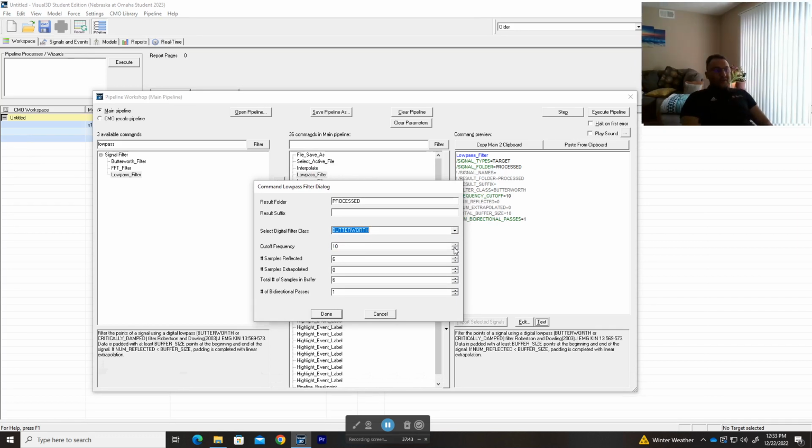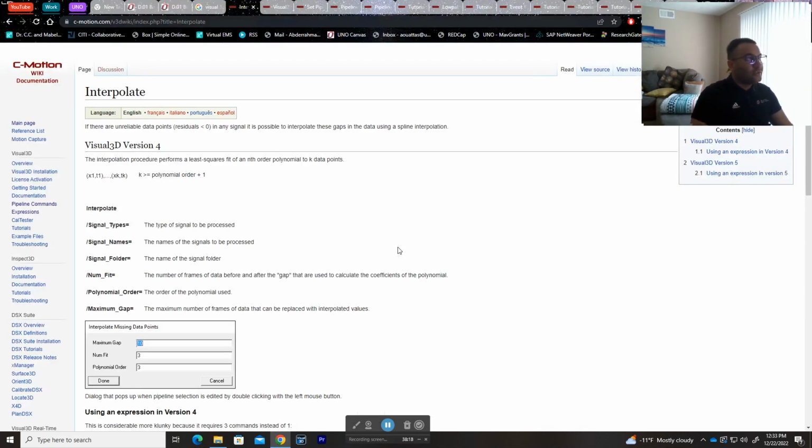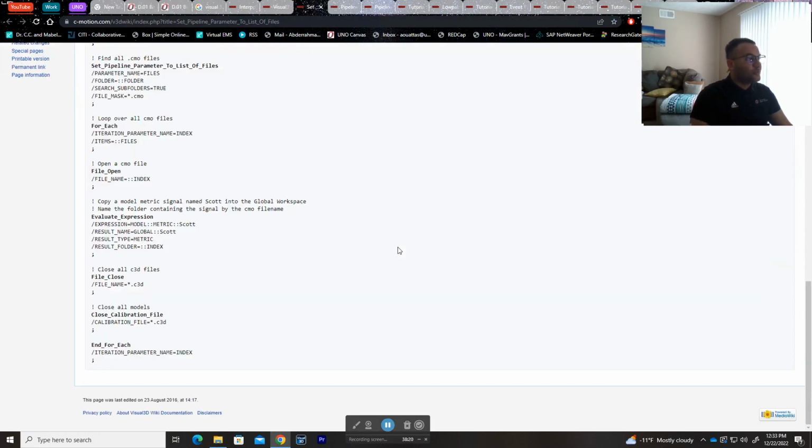I prefer to use 10 frames because I do walking, but it depends on you really, and you can just read more about filters, and you can use any method you want. But this is my preferred one, and the number of samples 6, and this is very important. So the number of bidirectional passes, one is automatically fourth order Butterworth, and that's what I use. If you go here and then just run